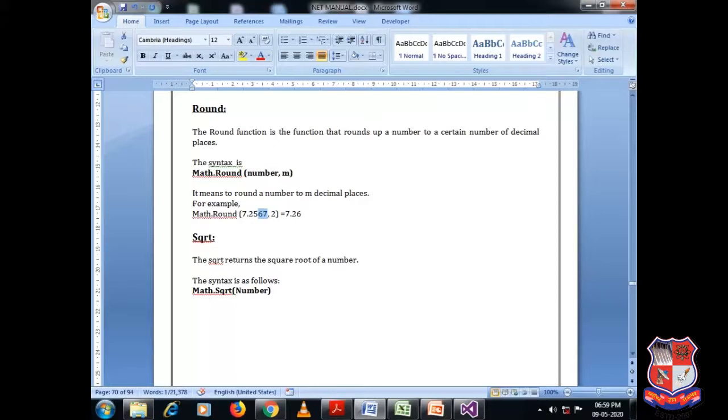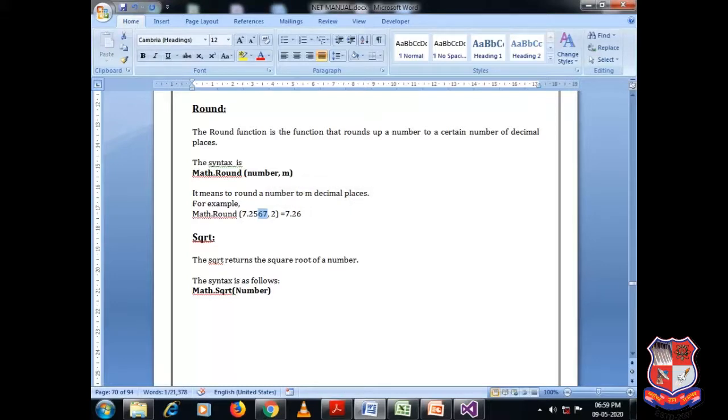So after 25 we are having 67, which is obviously greater than or equal to 5. So if the number after 5 is greater than or equal to 5, then it will be converted to 6. So that is why it returns me 7.26 instead of 7.25.